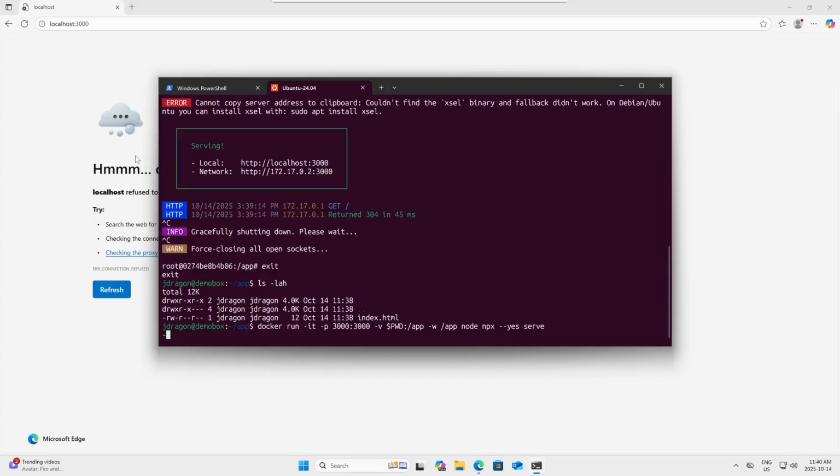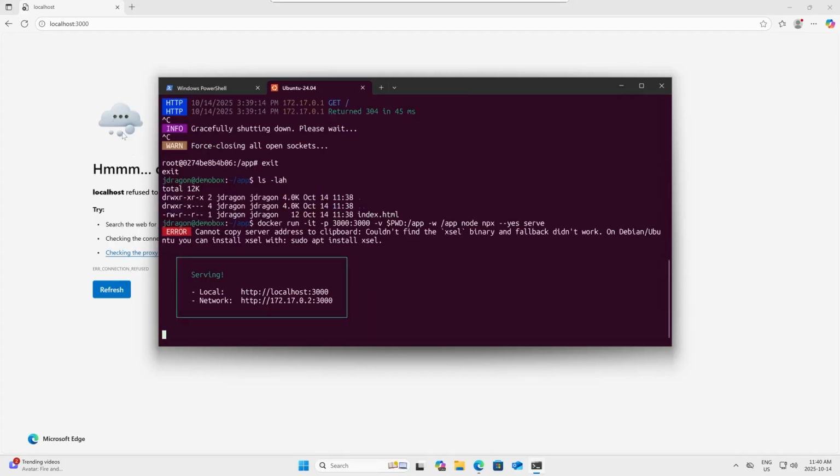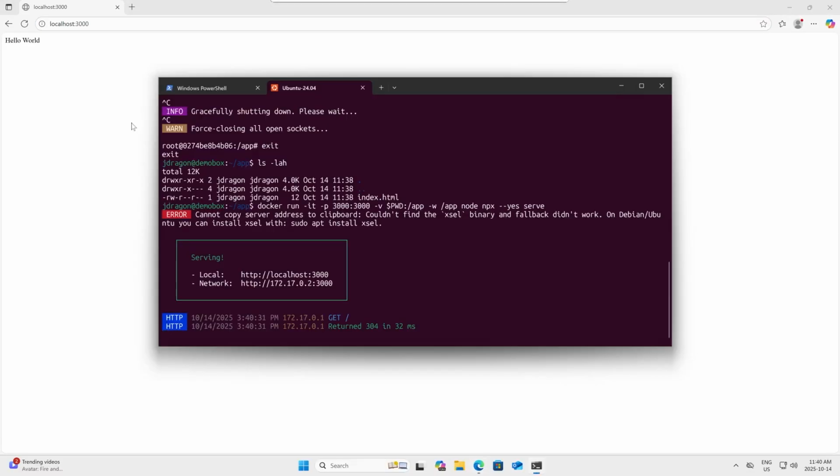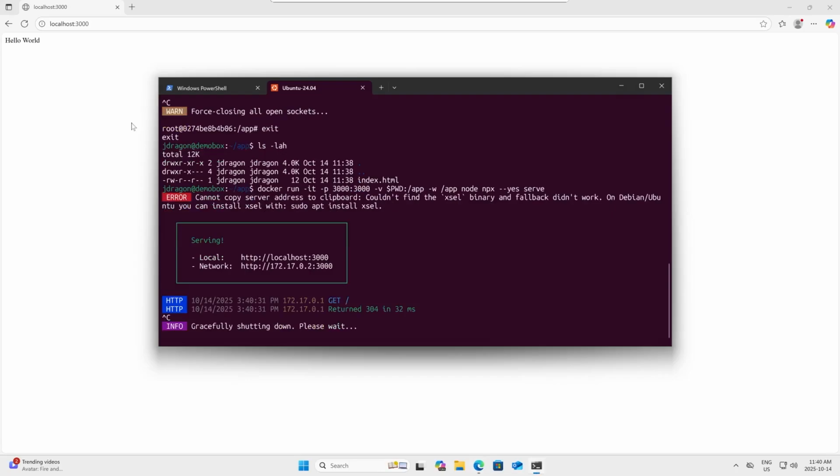Right now it's installing the serve package. Okay, wonderful. So that's great. We have everything going in one command. However,